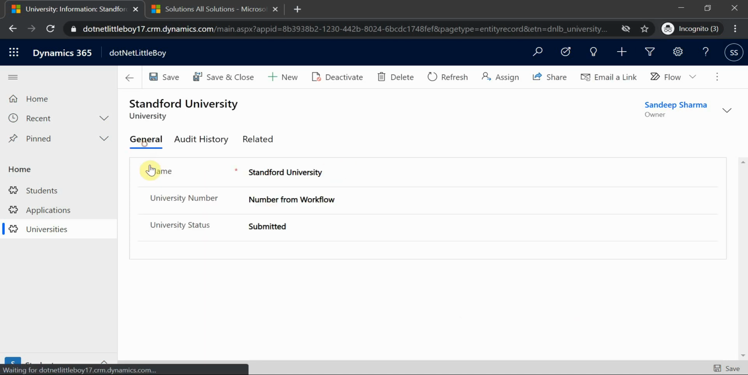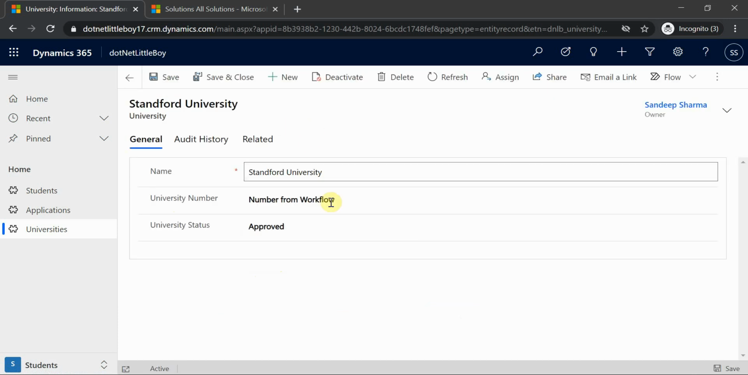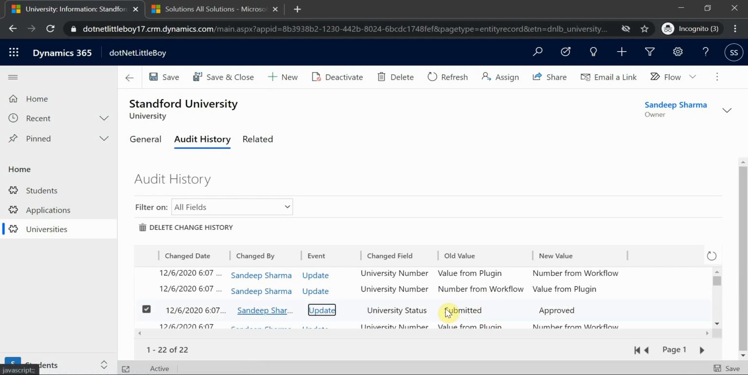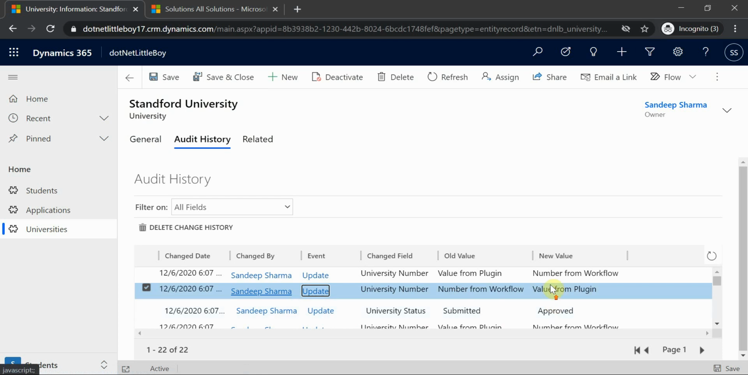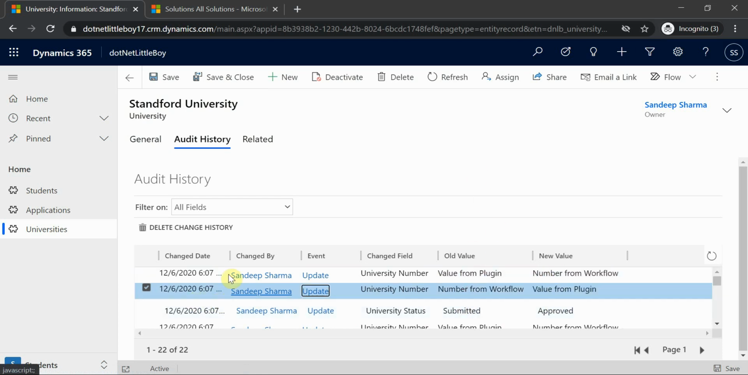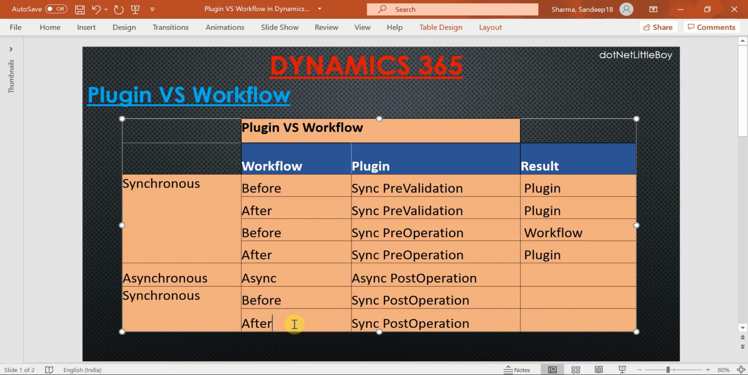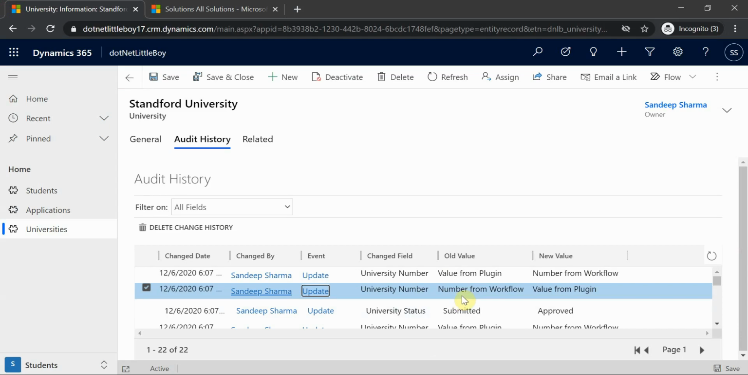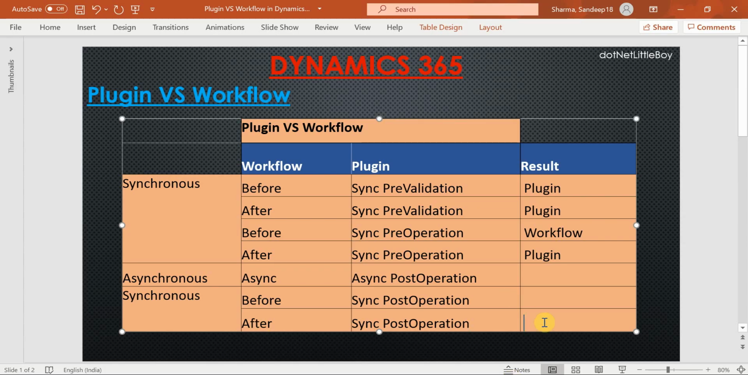To validate this one more time, I'm going to change this. You can see I changed this from submitted to approved this time, and again the plugin has fired first and then the workflow. So we can see that every time we have this condition, where the workflow's condition is after, and the plugin is for post operation, the plugin is definitely triggered first, right? We validated that. So this is the plugin,